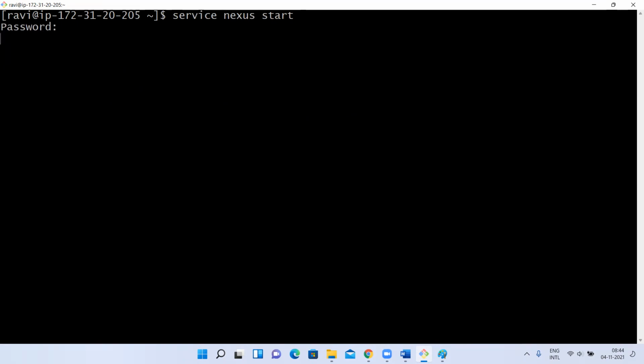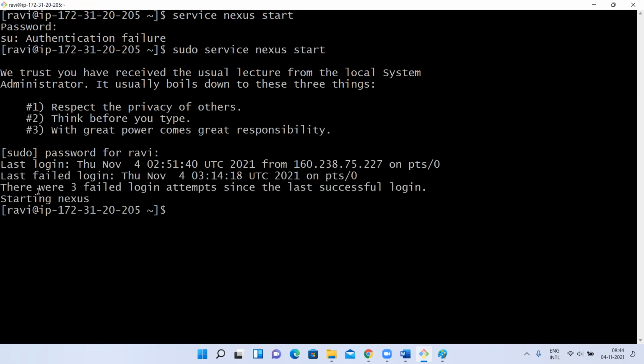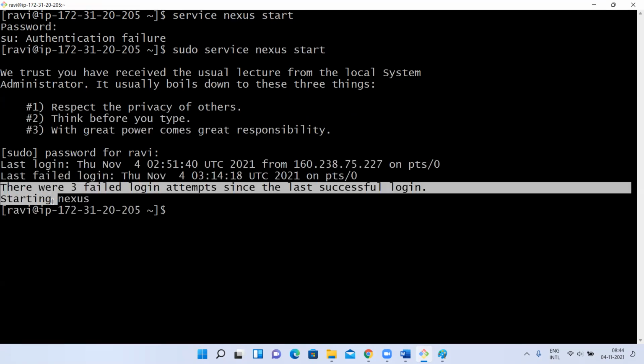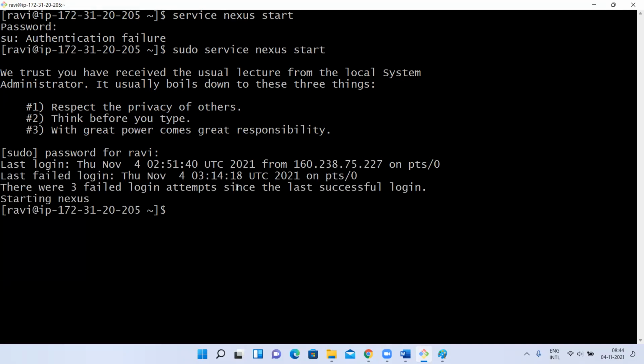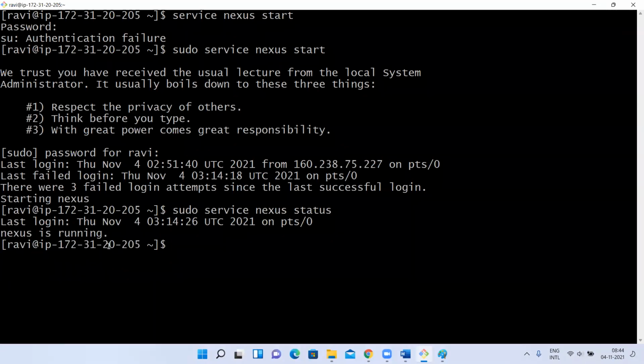See, it failed. If I go with sudo and type this also, it is asking for the password for sudo privileges. See, it is saying starting Nexus. There were 3 failed login attempts. Okay, this is fine. So starting Nexus. Now it is running, because even though we declared the ownership as another user, we are using sudo privileges here.